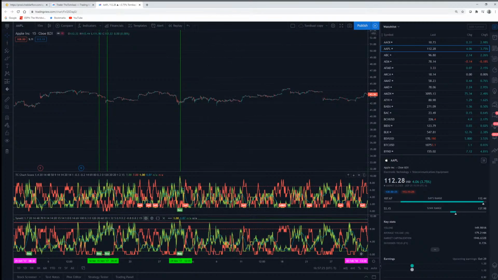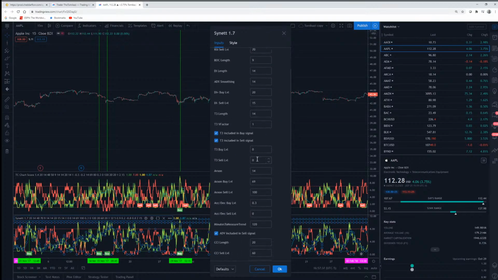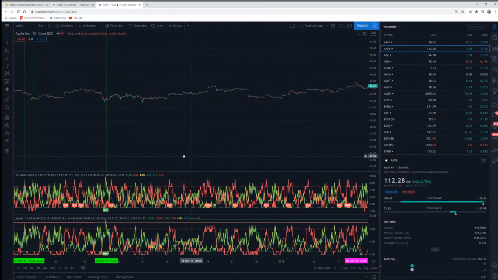I cleaned it up a little. It still has those two buys. It shouldn't. It's weird that those are in there. Oh, I know why. I think it's that. Yeah, that was it. So the T3 is a good thing to use for eliminating bad buys. So that's why. The problem I'm running into with the T3